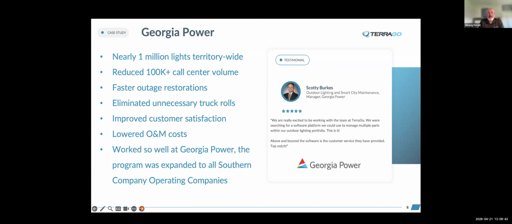One being Georgia Power. They wanted to really take these customer inputs that are coming into their call centers or coming into their service center operators, et cetera. They really wanted to understand and be able to get their hands around this as they were rolling quite a bit of duplicate trucks to fix seemingly the same issues. So we put this in place for Georgia Power with nearly over 1 million lights